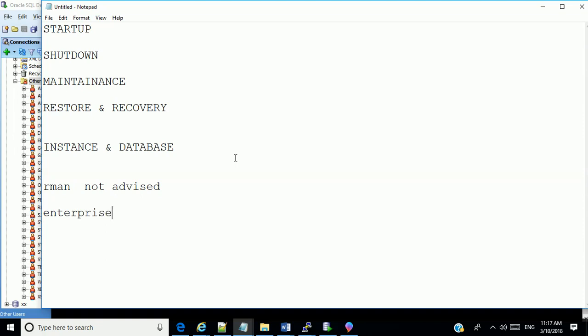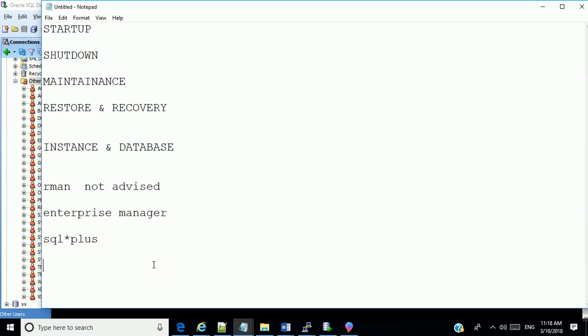If you have your database registered with an Enterprise Cloud Manager, you can use the Enterprise Manager to actually start up and shut down. These are exam questions, so please be attentive. You can use your Enterprise Manager to start up and to shut down a database instance, okay? You can also use SQL*Plus, which is a native client tool. You can use that to start up and shut down your instance, okay?